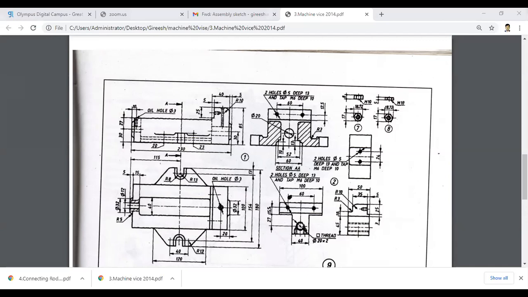Here, select the protrusion. Select this surface. As the distance is given here, 30 mm, draw the vertical line from the center, where the two planes will intersect. There you will get the center of this circle. From this point, take 30 mm at 90. From that center, draw a circle of 32 mm diameter.